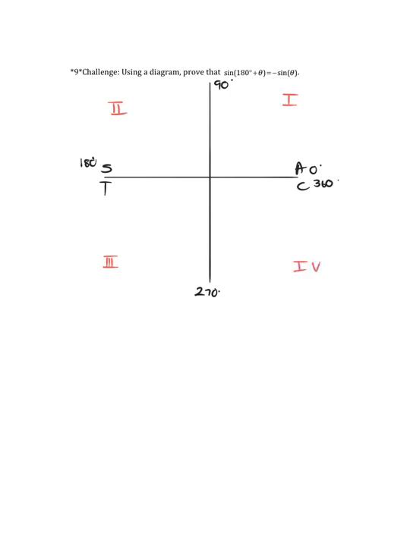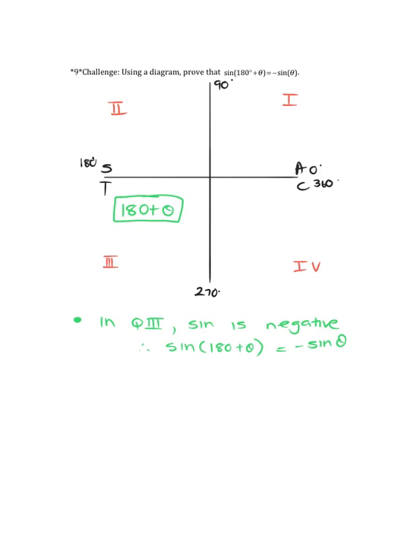Okay, so the 180 plus theta quadrant is quadrant 3. All right, remember that quadrant 3 is Tan's quadrant. Okay, so we know that in quadrant 3, sine is negative. So you can say therefore sine 180 plus theta equals negative sine theta using the reduction formula. Maybe something else we could do if that doesn't take your fancy, or perhaps what other people did was they